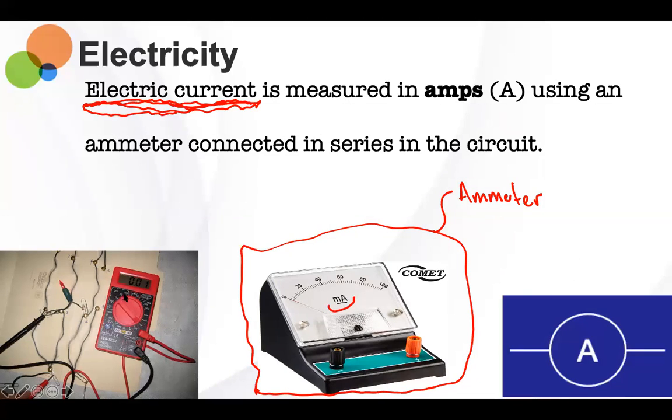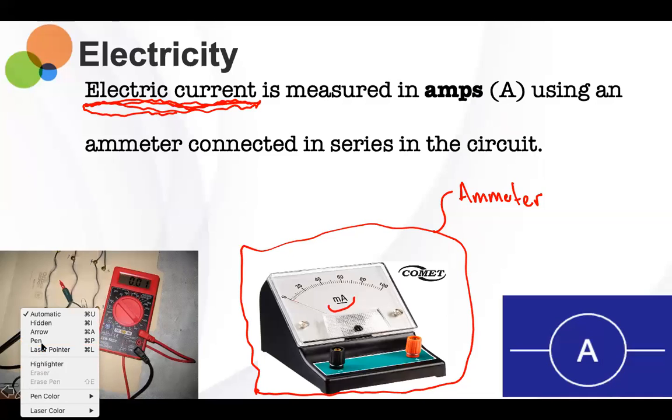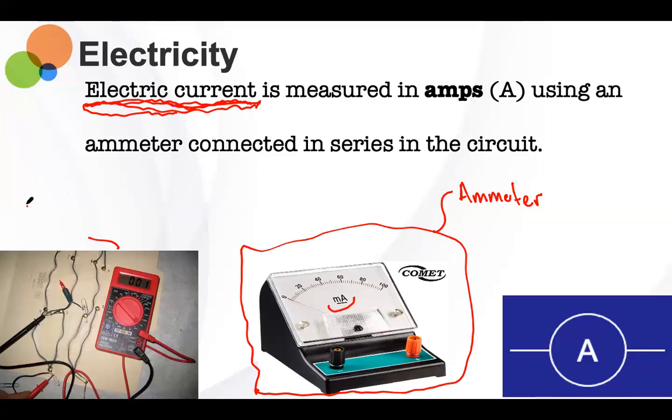You can use this one to measure both. So this is called a multimeter, so you can measure multiple things, both amps or current